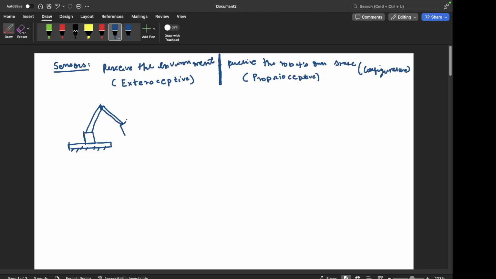This is, let's say, an end effector which has some gripper kind of a thing, right? We are not concerned about the degrees of freedom of the system here. This might have maybe 4, 5, 6 degrees of freedom because I have drawn a gripper kind of a thing here. Okay, and let's say we have some objects here, right? Some objects here, and yeah, so this is a fixed base